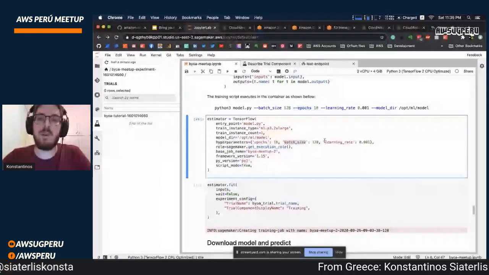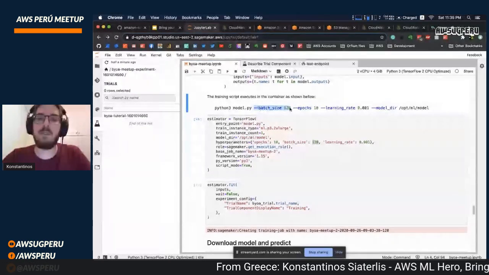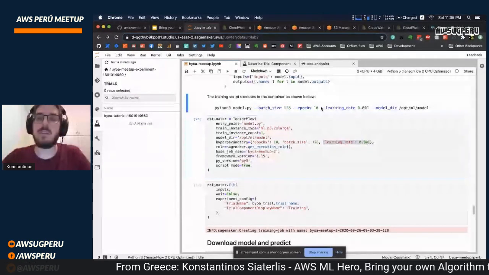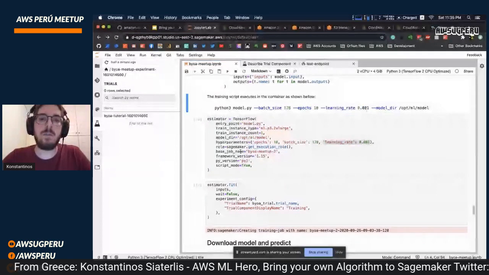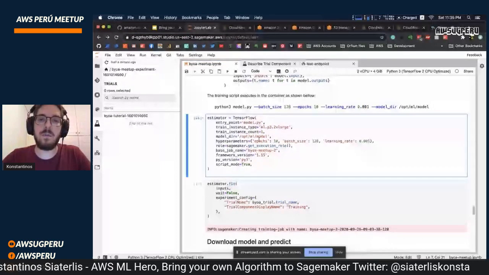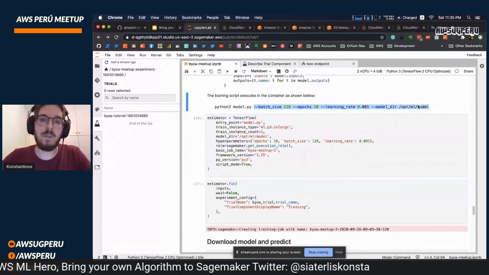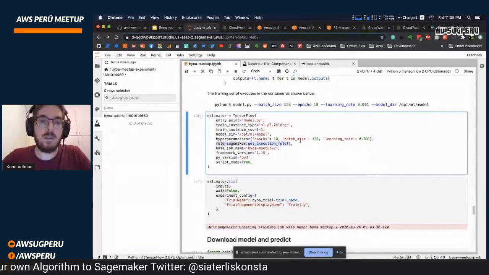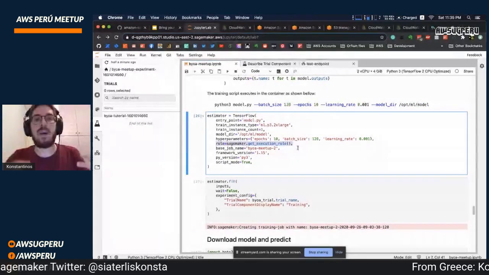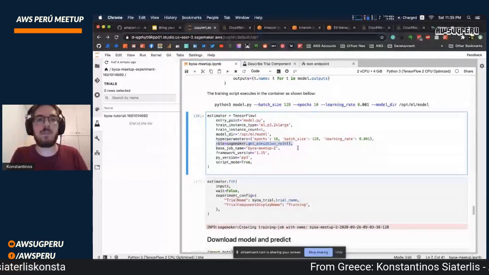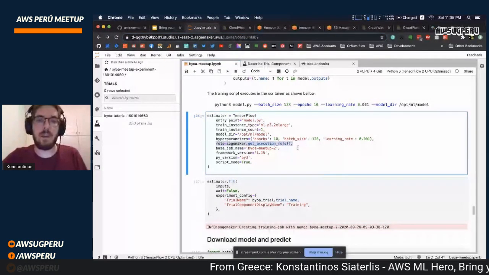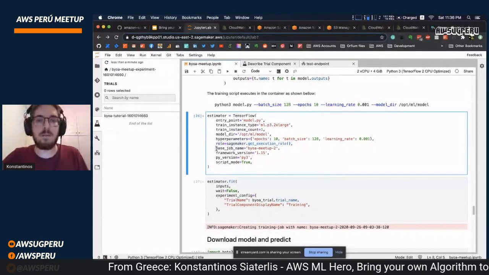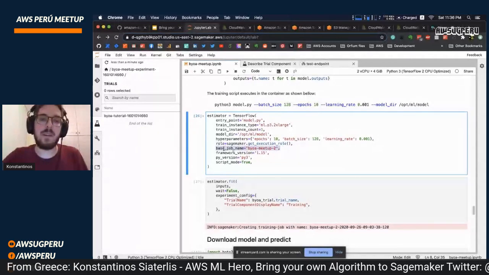My batch size will be 128, and you can see it here, and my learning rate, you can see it here. So it's pretty much translating those into arguments for my model. I pass it the role. This is actually the access the instance will have to different resources on my AWS account. Yeah, it's pretty straightforward. My name, the training job name.